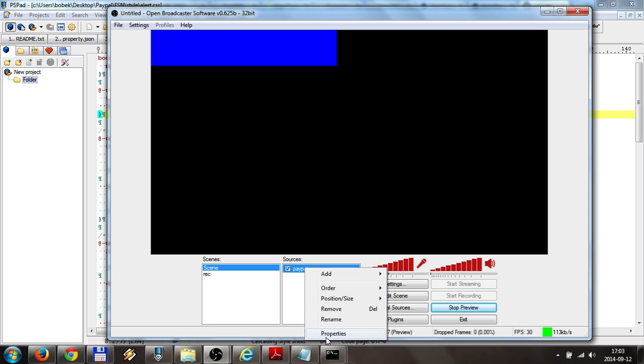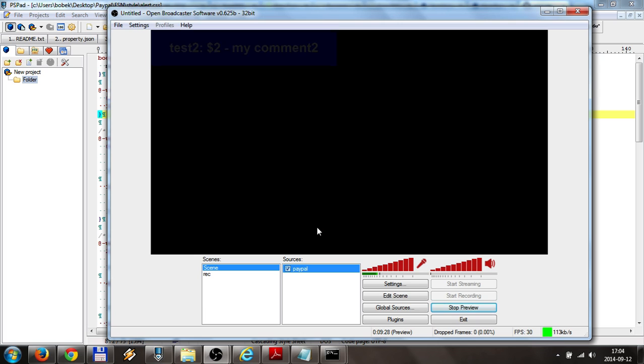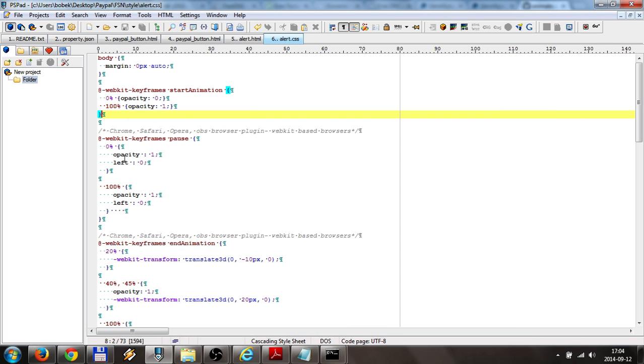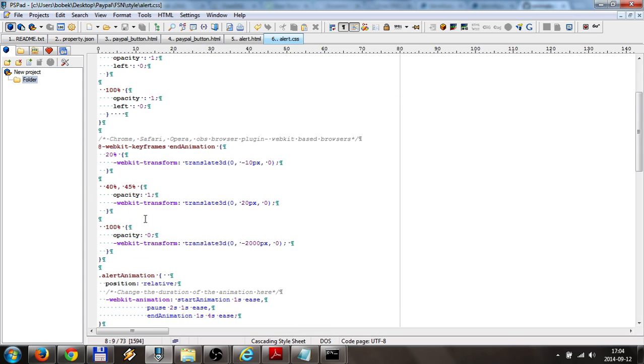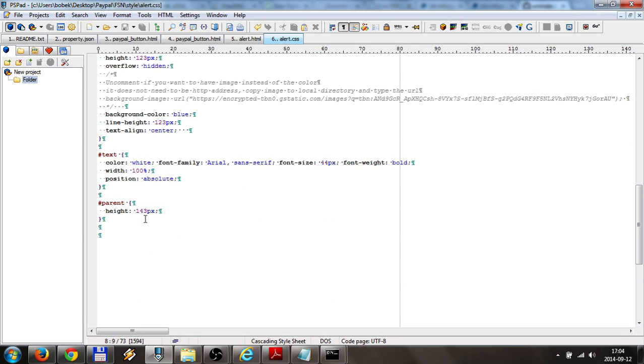Oh yeah, we should enable it. Yeah, so it was fade in. Yeah, so this is how you can change the animation,